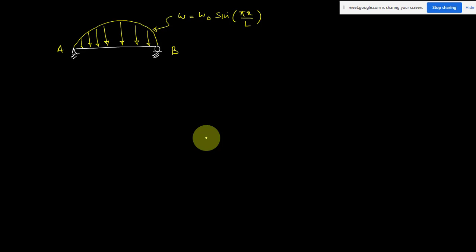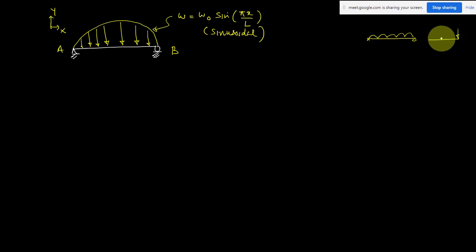Suppose you have a beam like this, AB, and this is the coordinate at A, X and Y. So your loading is like this. That means we can call it a sinusoidal loading. What is the meaning? This loading is not UDL. What is a UDL? UDL is a loading like this, where load intensity is uniform throughout the length. It is a uniformly distributed load. If you have loading like this, it is known as a uniformly varying load; your load is varying uniformly, a linear variation. And if the loading is like this, it is a point load or concentrated load.